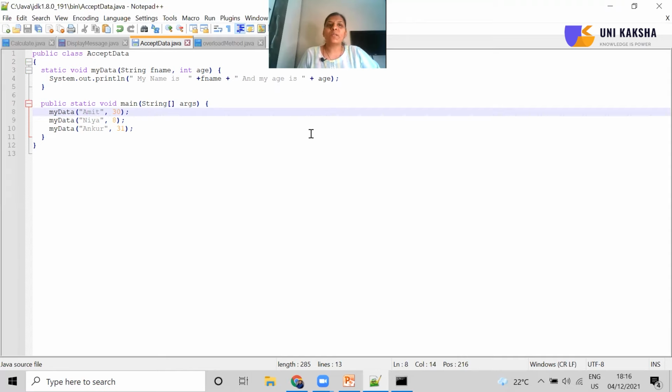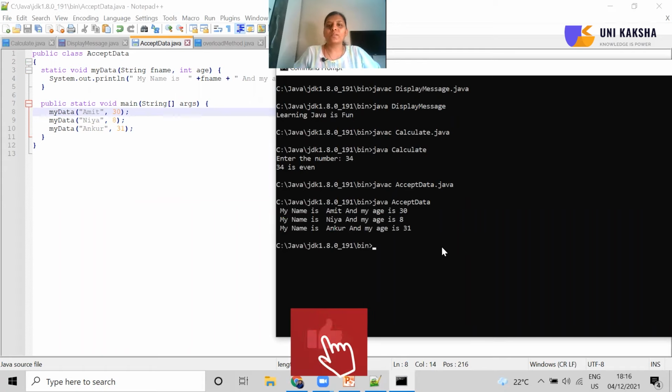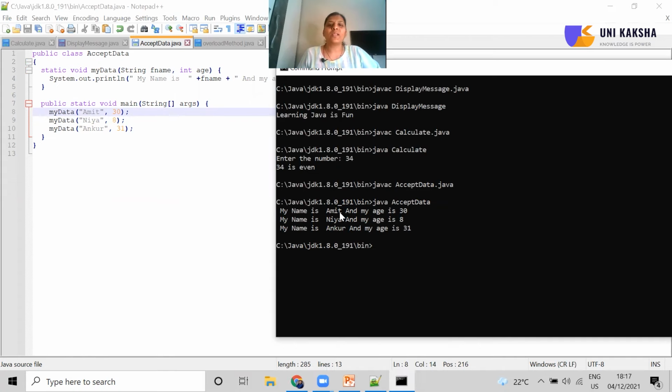Whenever I compile this program, for example, with the same javac, then the name of the class, AcceptData.java, it will be compiled successfully. Then if I want to show the result, I have to execute this. Here it has displayed all the parameters, all the values, that is, the three values we have passed.